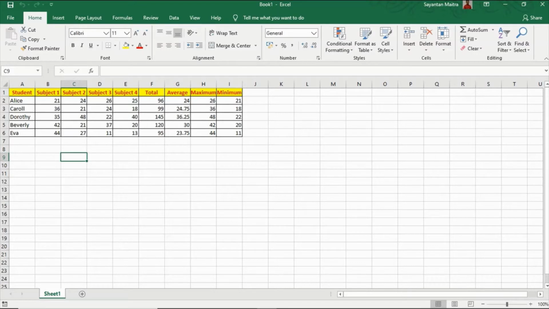In my earlier video, I gave you a brief idea about how to create a basic Excel table, how to enter data in that Excel table, and what numeric functions we can perform in that table. So in this video, we will talk about a logical function, and that is the IF function. What does this IF function do? What are the various elements of this IF function? We will talk about that in this video.